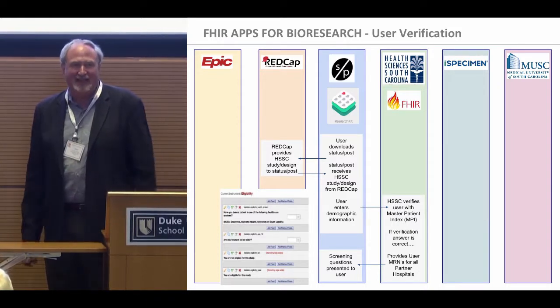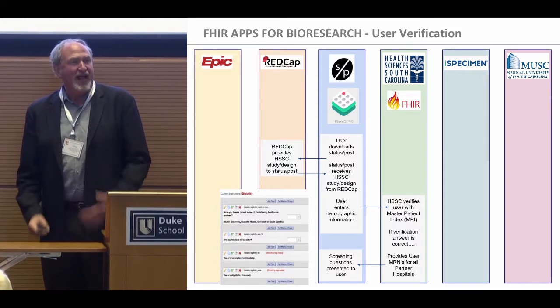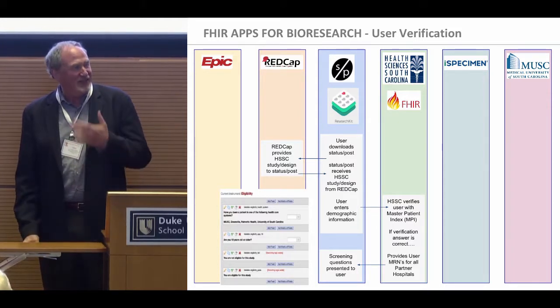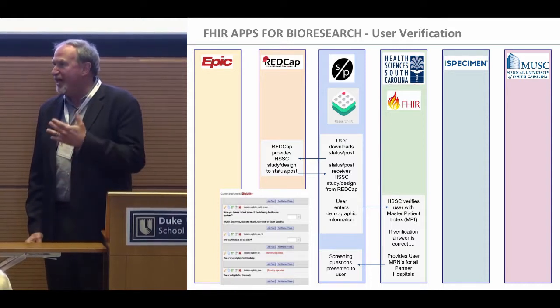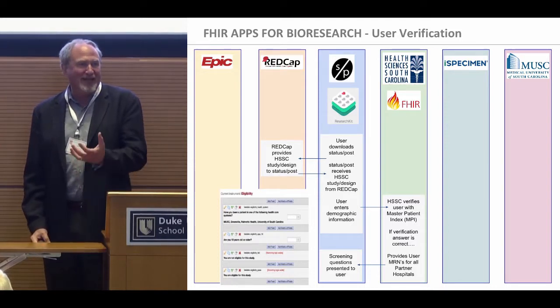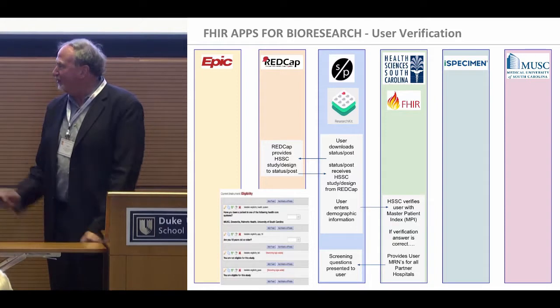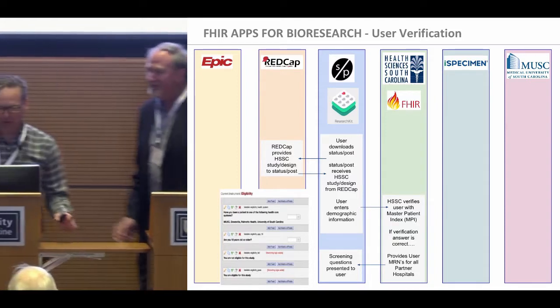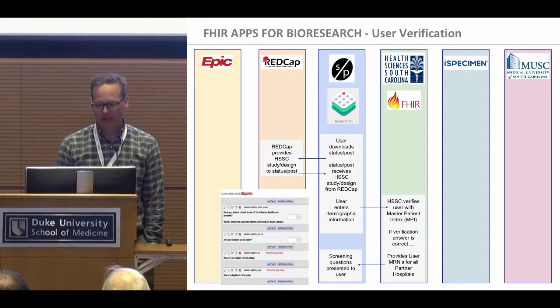Imagine that Mary has gone to the Carolina Coastal Fair and wants to sign up to contribute her surplus blood or an extra tube for a specific research study. How could we make that happen at that particular site using FHIR? So, all right, starting in the blue column here with Status Post, again, which is the integration of Research Kit